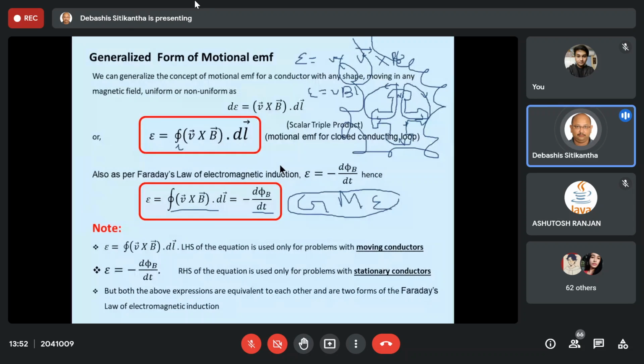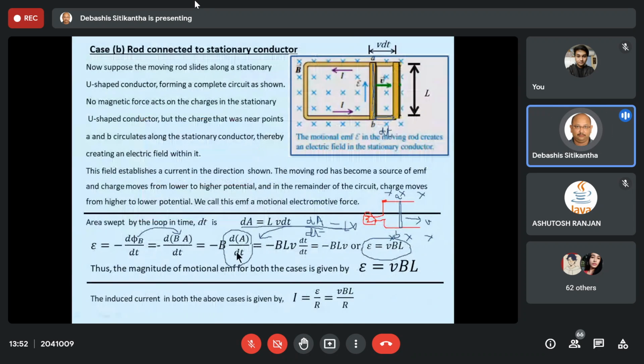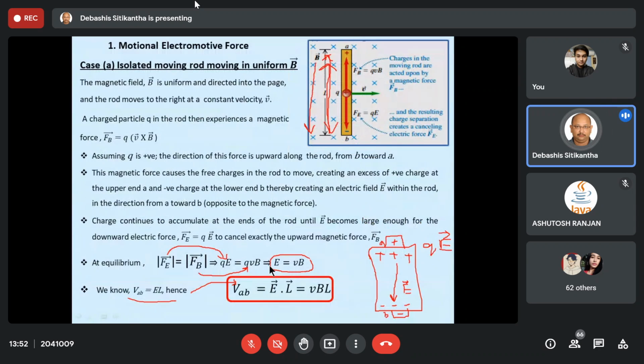Over here, we were seeing that your E is equal to V into B. That means when there is a change in the magnetic field, because V into B is nothing but the change in the magnetic field. Simply, if you see B, it is not a changing magnetic field. But when B is multiplied with it, then it clearly shows that it is a time varying magnetic field. So this is equal to your electric field. So this relationship is also pointing to the fact that whenever there is a change in the magnetic field, there is a change or production of electric field.